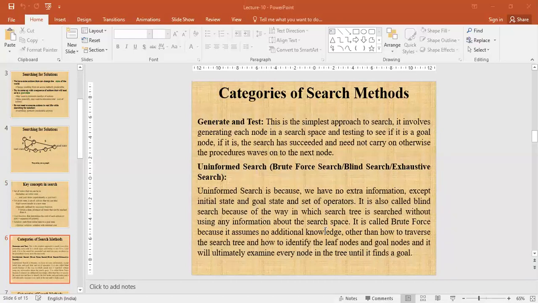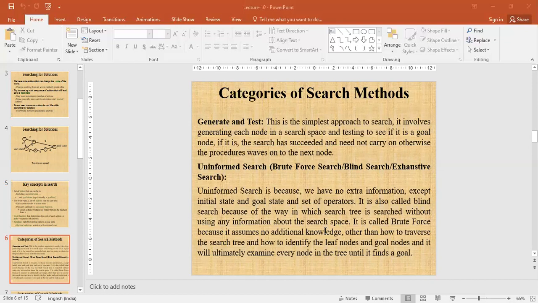Next is brute force search. It is a search method that examines every path in a search tree until it finds a goal, because it assumes no additional knowledge other than how to traverse the search tree and how to identify the leaf nodes and goal nodes, and it will ultimately examine every node in the tree until it finds a goal.